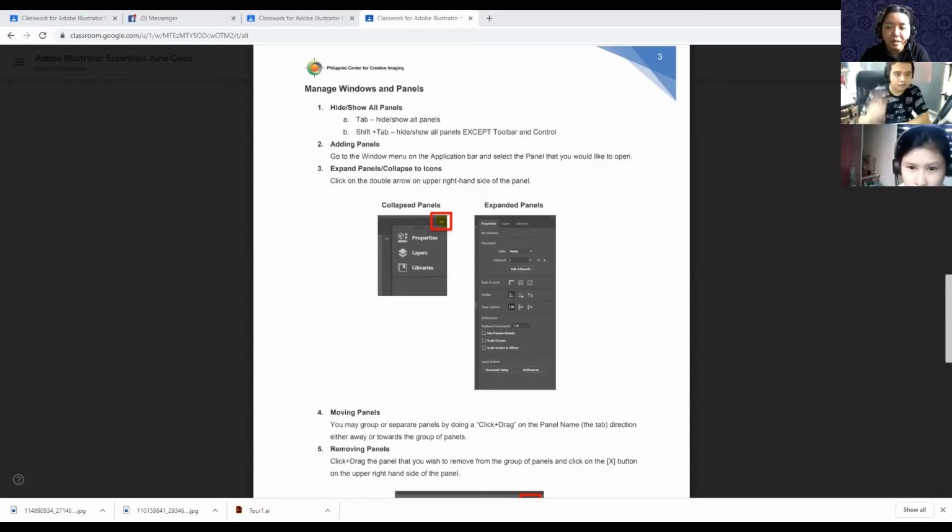Yan. So, it puts those inside. Then, if you want to remove a panel that you feel you don't need while working in Illustrator, you can click drag using the tab or just hold down your